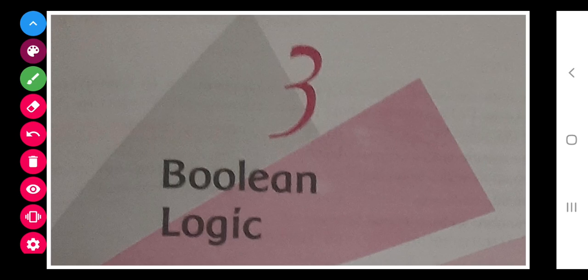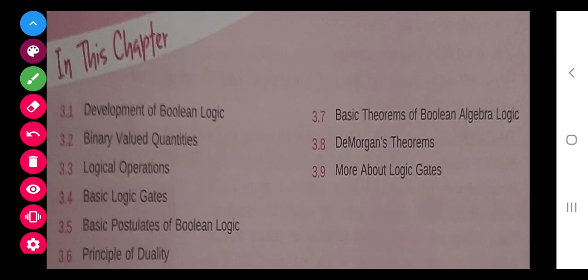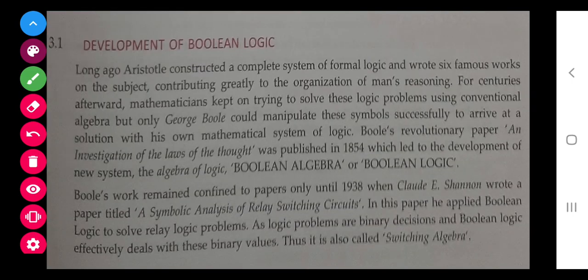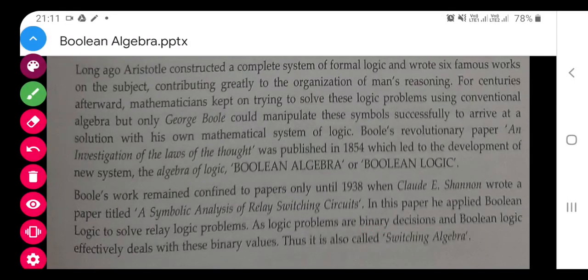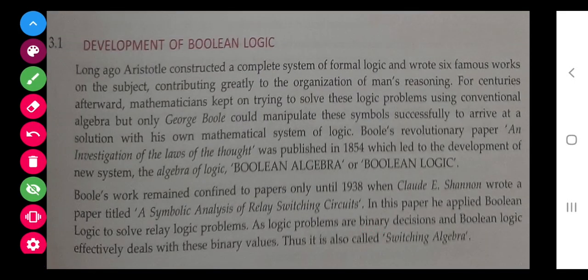So class, Boolean logic. Development of Boolean logic: George Boole was the man who started talking about logic for mathematical problems and how to implement that concept in computers and in every field of life.